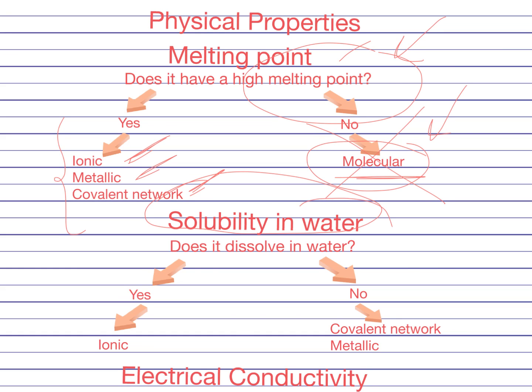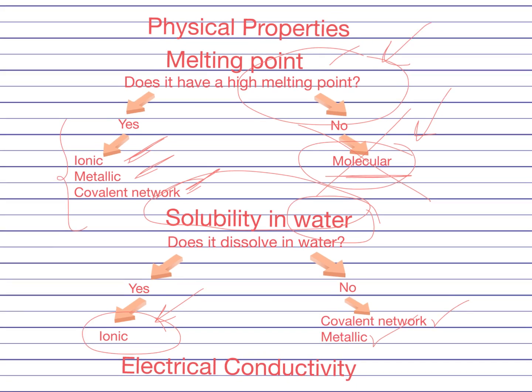Now that you're using solubility in water, if that substance or that solid that you have in there doesn't dissolve in water, then it could be a covalent network or a metallic one. But if it dissolves in water, probably it's gonna be an ionic one, because we have some ionic compounds that are not gonna be soluble in water. And that's why you have to jump to the next